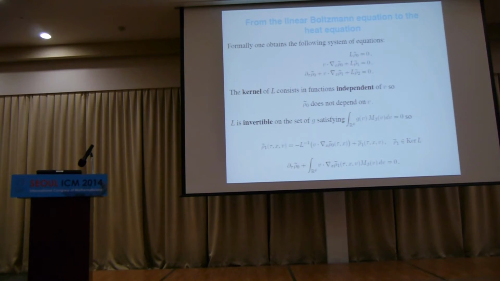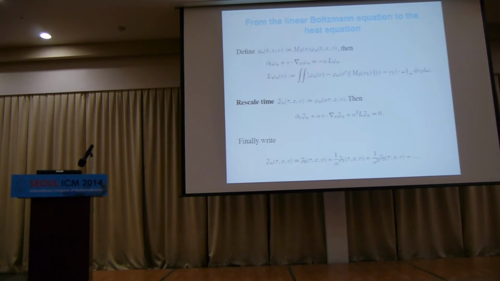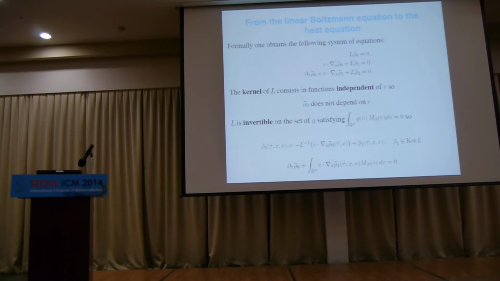The last equation of those three equations here is exactly what I'd like to be the heat equation. It's like d tau of rho plus something, and I'd like the plus something to be minus the Laplacian of rho. So I need to replace the two terms rho 1 and rho 2 by a function that depends on rho 0 only. The first thing I check here is that this tells me simply that rho 0 is in the kernel of L. L is this operator here. Obviously, if phi doesn't depend on v, L is 0. The converse is true. I'm not going to give you any functional analysis here. I'm just telling you the kernel of L is functions that don't depend on v, which is good because I want my rho 0 to be a solution of the heat equation, so it should not depend on v.